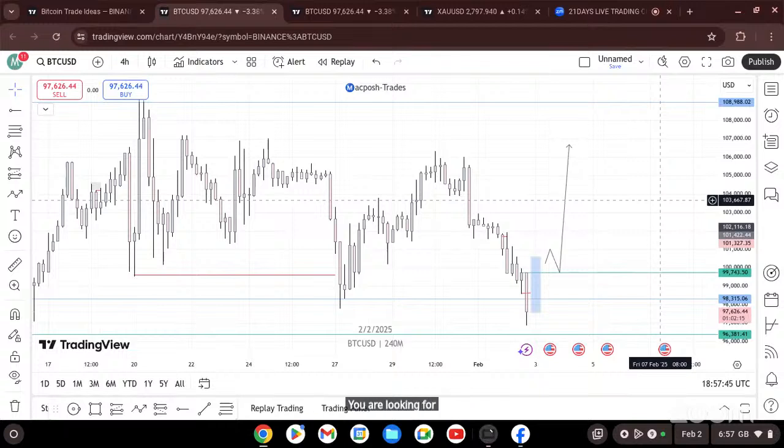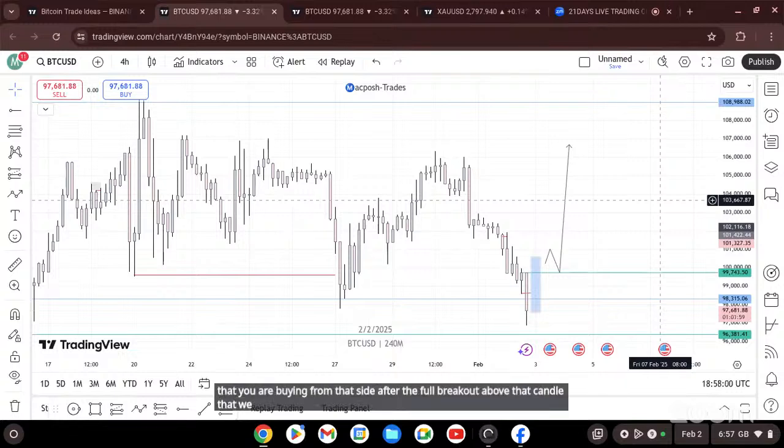Like how often are you entering until you stop deciding that you are buying on that side after the full breakout? Okay. To answer your question: why I'm actually anticipating for this particular